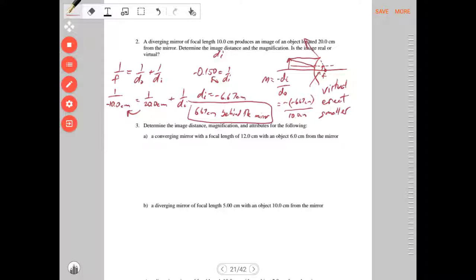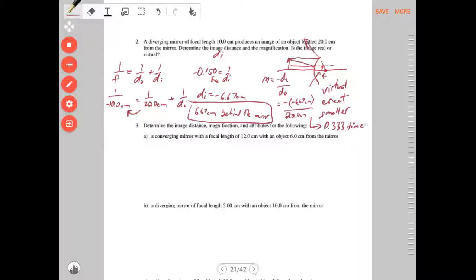So 6.67, oh, I said 10 centimeters, that's fine, that's focal length. The do is 20 centimeters, haha, funny. Sorry about that. So 6.67 over 20. So here I have to write down here. I'm running out of room. Sorry, guys. Okay, so that is